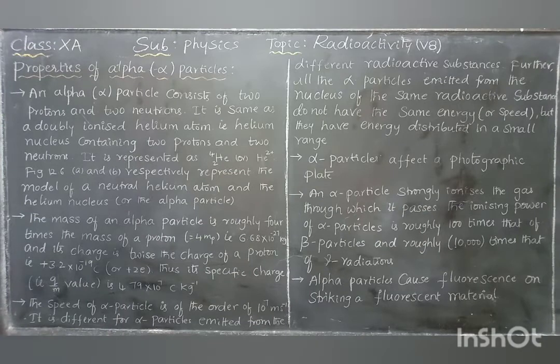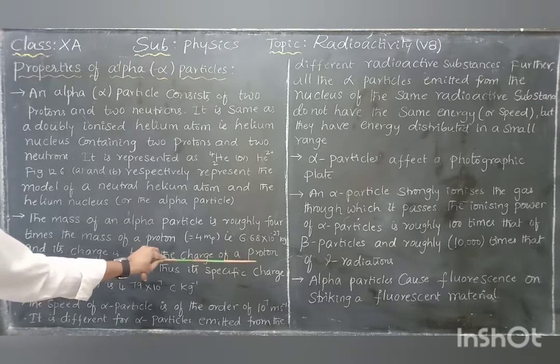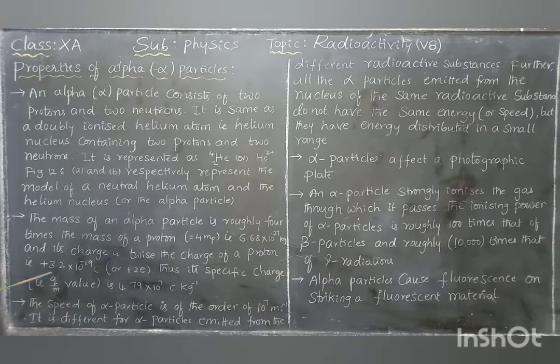The total mass of the alpha particle. And its charge is twice the charge of a proton, because of the two protons and two neutrons. Two neutrons have a neutral charge. Two protons is nothing but 2 into the charge of each proton. That is 1.6 into 10 to the power of minus 19 coulombs for the charge of each proton. So when you have a positive charge, multiply by 2, you will get 3.2 into 10 to the power of minus 19 coulomb, or plus 2e, because of the positive charge of the proton, 2 times the charge of the electron.